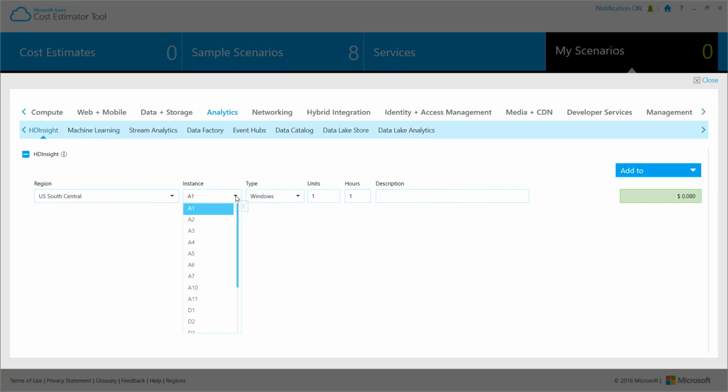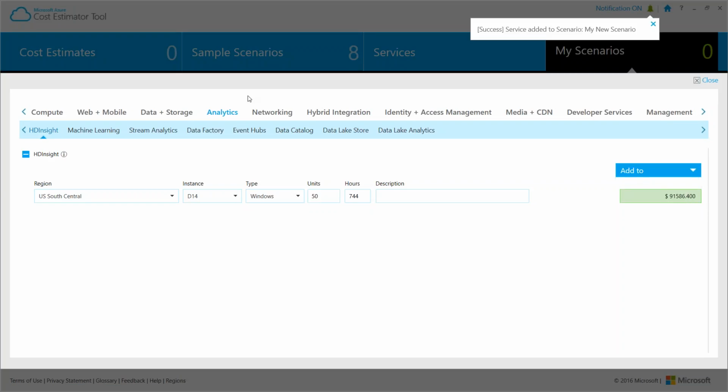HD Insight. Let's choose the D4, Windows, 50 units. Hours 744. 91,586. Just add that.